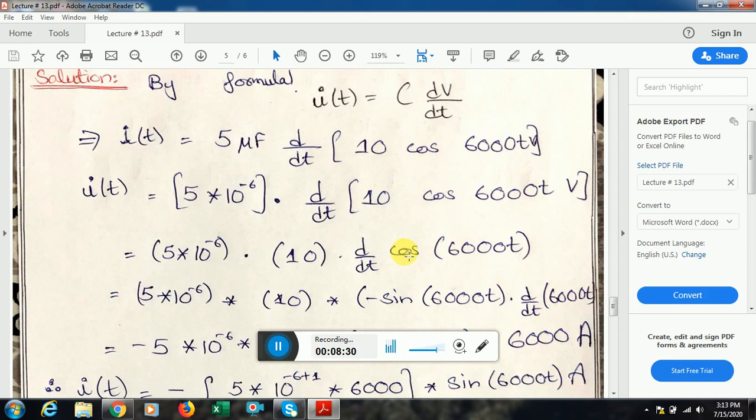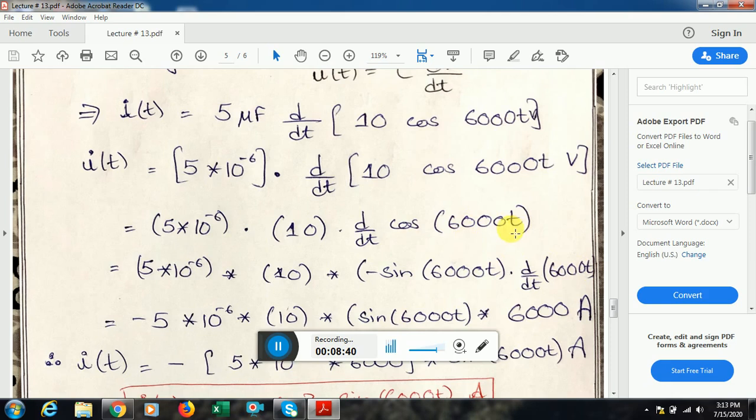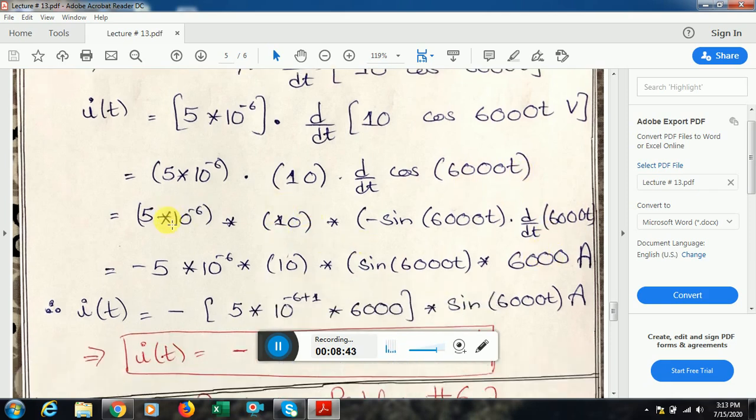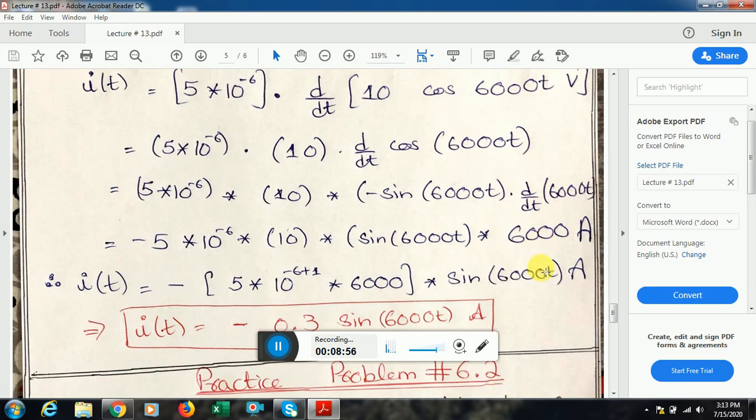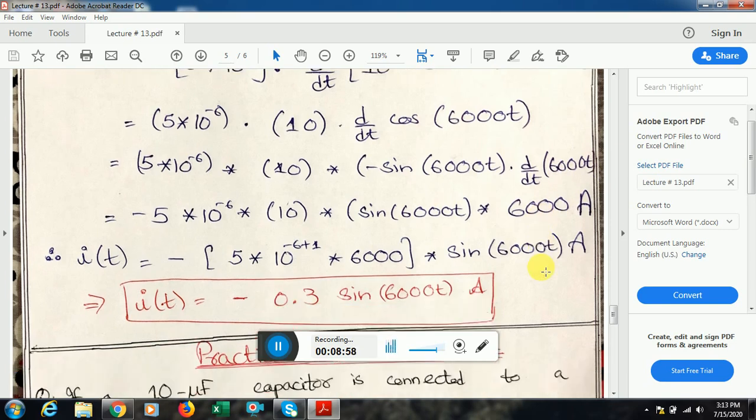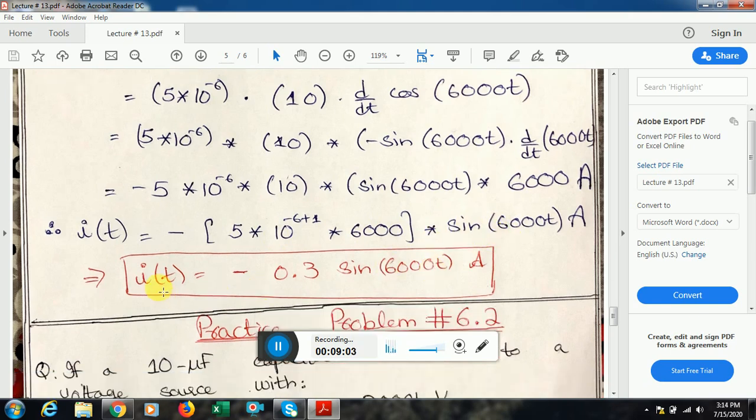By the derivative rule of a trigonometric function, the derivative of cos is minus sine with the same angle, and then we take the derivative of the angle, which is d/dt of 6000t. So all the constants gather up on the left hand side, and sine 6000t, this minus sign also goes over here, and the derivative of d/dt of 6000t is 6000, which you might already have studied in your calculus course. So by doing simple basic mathematics, I get to know that the current is minus 0.3 sine 6000t